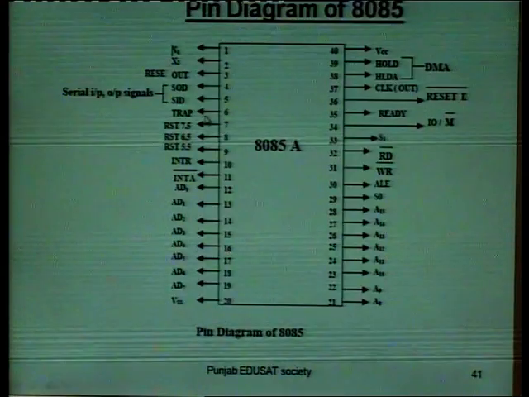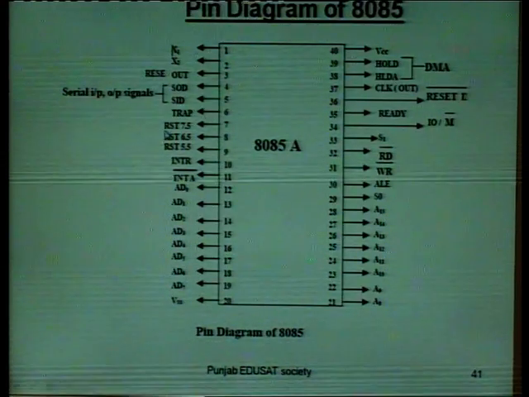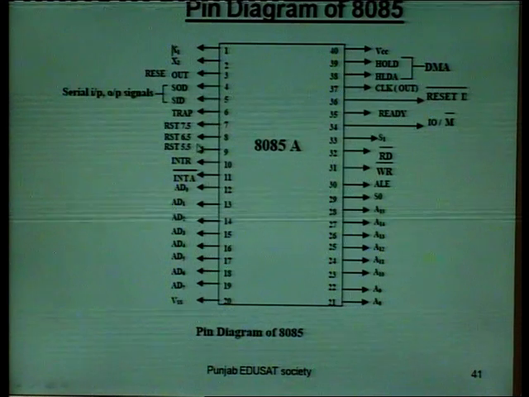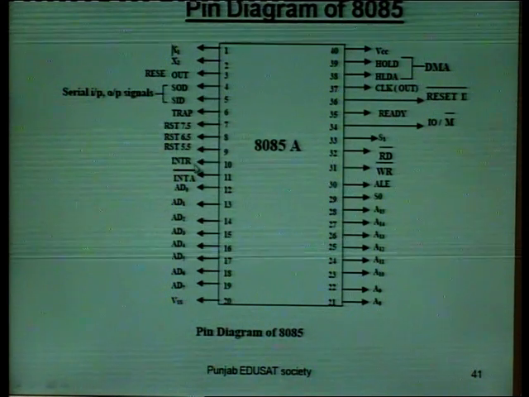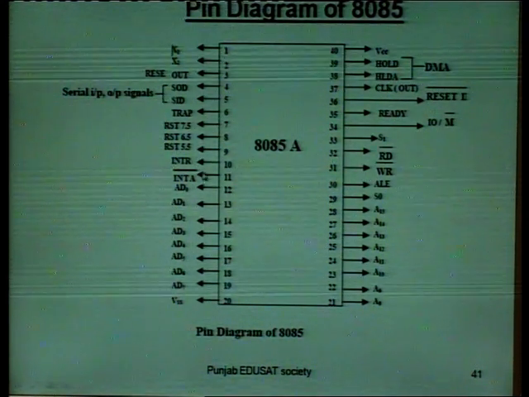Trap has the highest priority. Then after that RST 7.5, 6.5, 5.5 and then interrupt request. After that we have interrupt